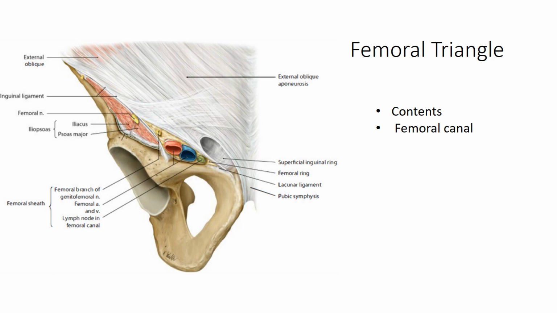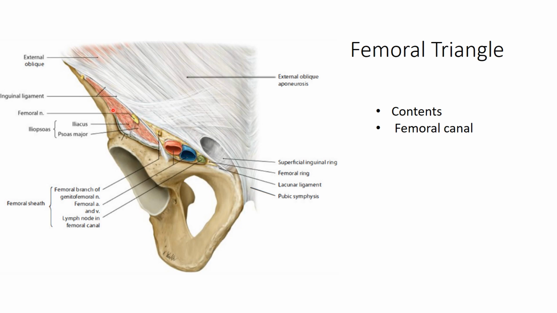The contents of this femoral triangle are again shown clearly here. One of the contents, sometimes written in many of the books, is the femoral branch of the genitofemoral nerve lying just lateral to the femoral artery. This nerve courses through this lateral portion and pierces this sheath and becomes cutaneous. So it supplies the skin overlying the femoral triangle, this portion.